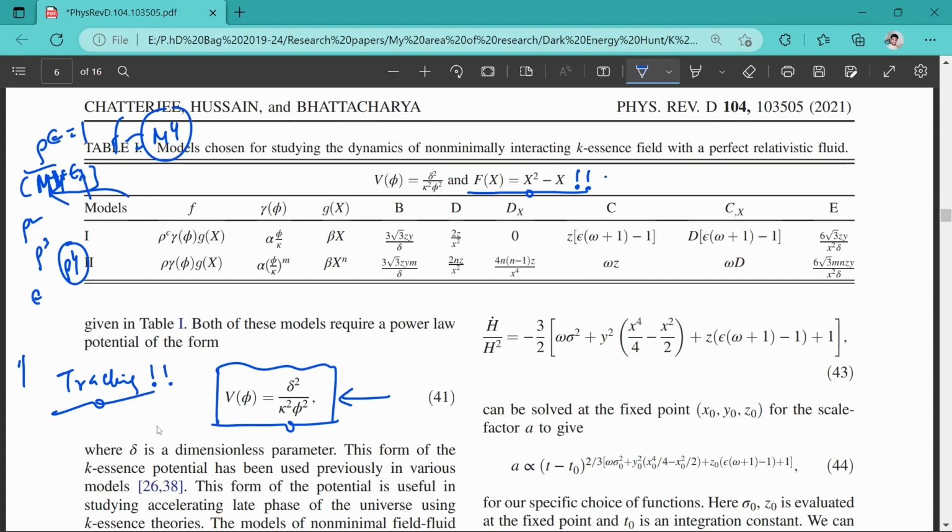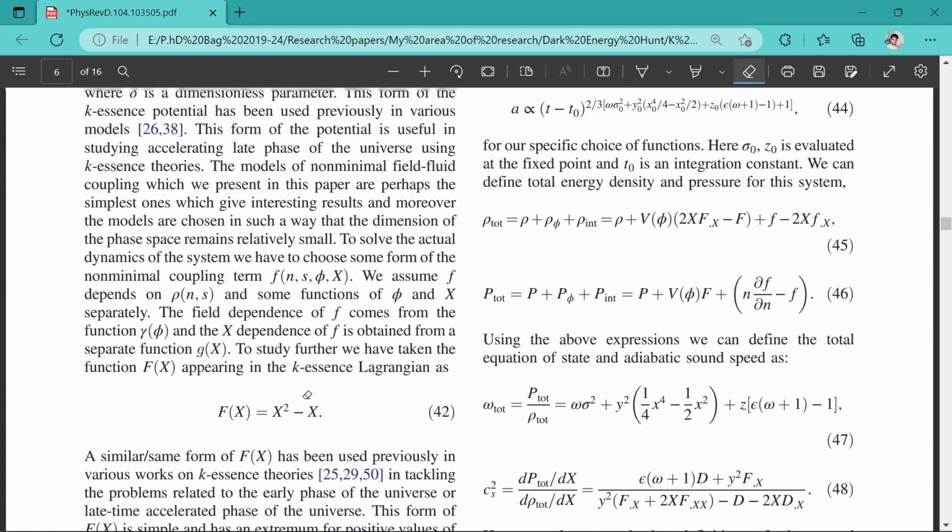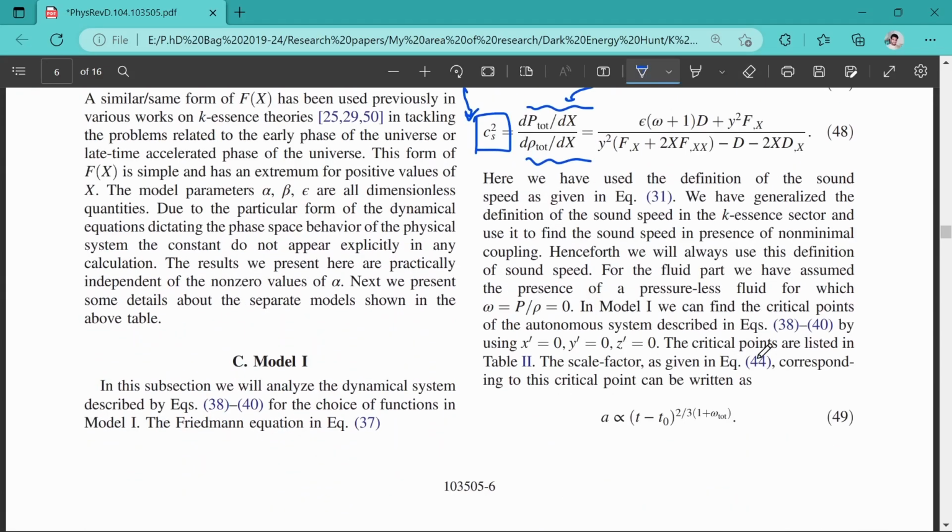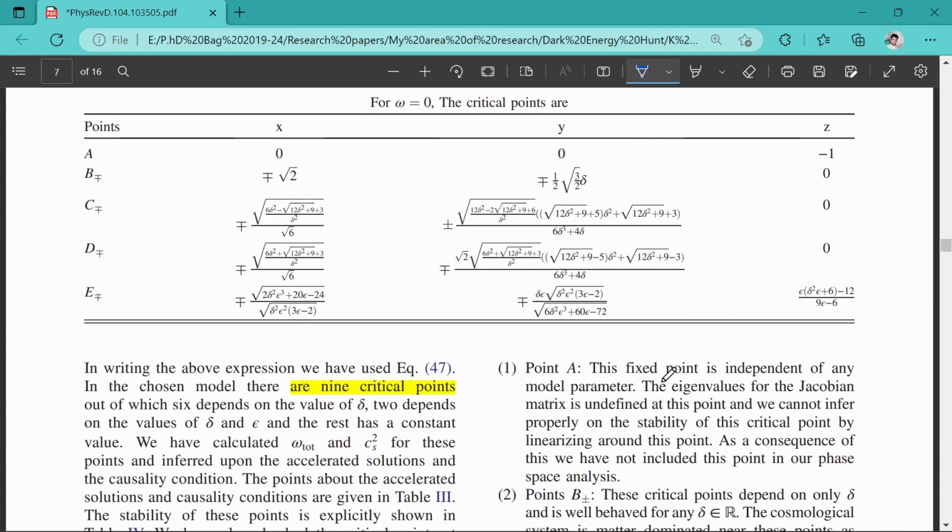Whenever we have introduced the dark matter part, it will be in the intermediate state between the radiation period and the accelerating period. There is a period called the dark matter phase, or the matter dominant phase, where if your fluid is matter type or pressureless fluid, this region will give you the complete picture of the dark matter phase, and again there is an acceleration phase. We have to consider model 1, and corresponding to this model 1, we now have to find the critical points by equating x prime, y prime and z prime to be 0, and here is the fixed point.